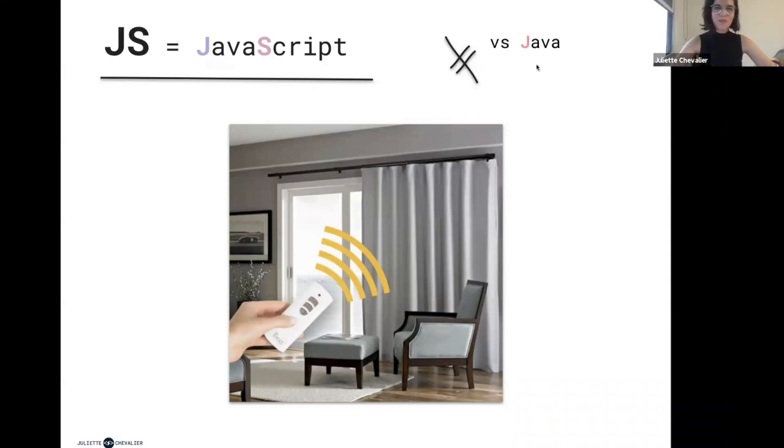Now, I added this extra little component here versus Java, because this is a very common misconception that I know at least I had when I started learning. JavaScript actually comes from Java, but they are entirely different things. So a little bit of a short internet story. When the internet started, you had Java as the core backend language of the day, working on the server.